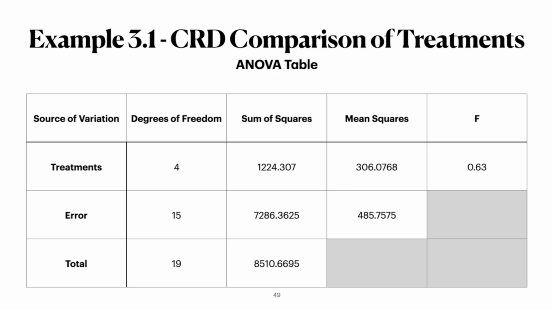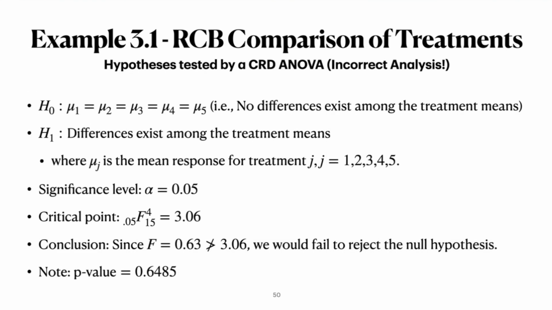If we see a value of F close to 1, that would indicate that there's not much evidence that the null hypothesis is false. And when we have an F value that's less than 1, there's really a lack of evidence. And so we have a very small F value here. Based on that analysis, let's go ahead and use a 0.05 level of